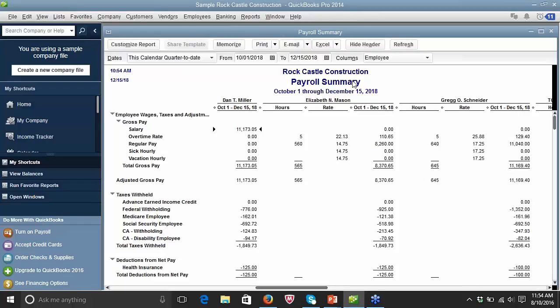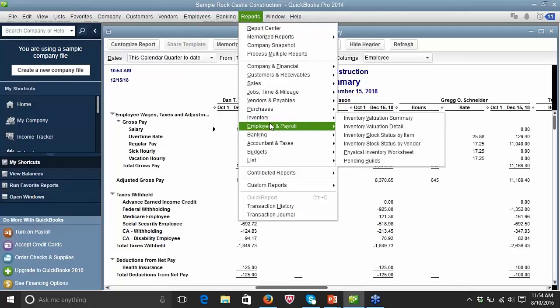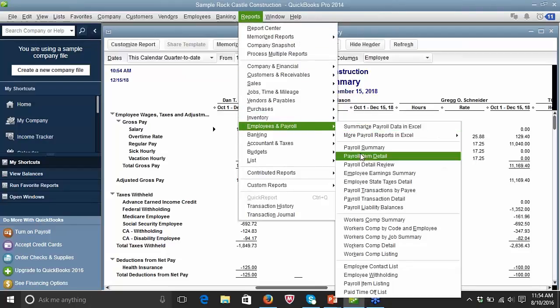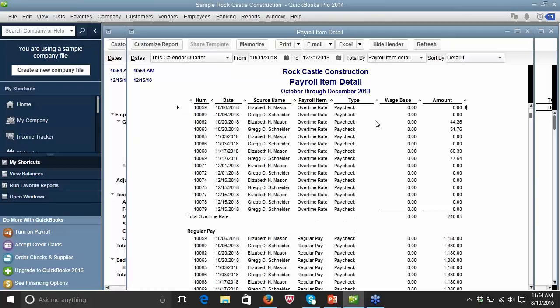And then you can do by detail and get a report that takes it into greater detail. And your company can decide what items they want in the payroll summary. What do they want to look at? What type of things do they want to watch? Wage base, payroll items. You can put as many items that you have actually in your data system and make a report as large as you have it. But here you can actually look on a customer basis, see what their overtime rate is in their paycheck, the payroll items.